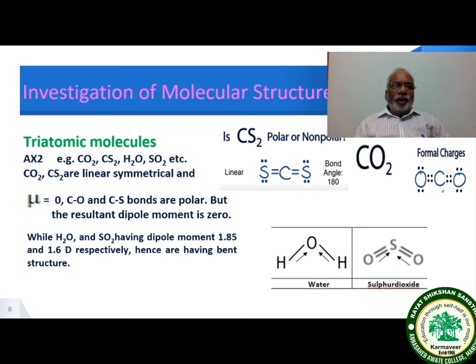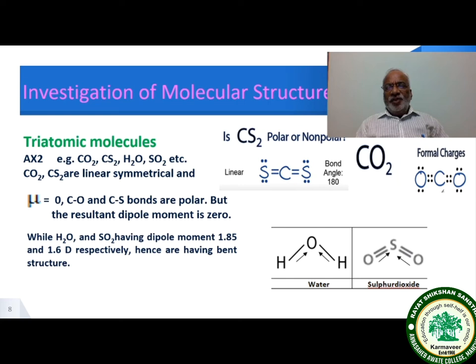Let us have triatomic molecules like CO2, CS2, H2O, SO2, etc. These are the molecules of type AX2 nature. In CS2 and in CO2, you will find the linear structure. The bond angle between S-C-S or O-C-O is 180 degrees, and therefore the resultant dipole moment is 0, though each